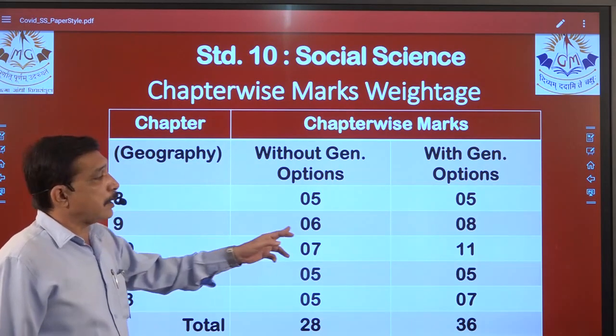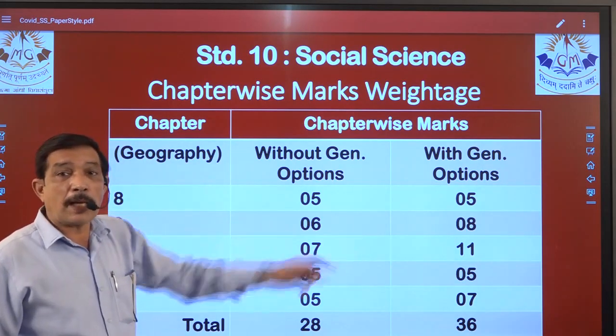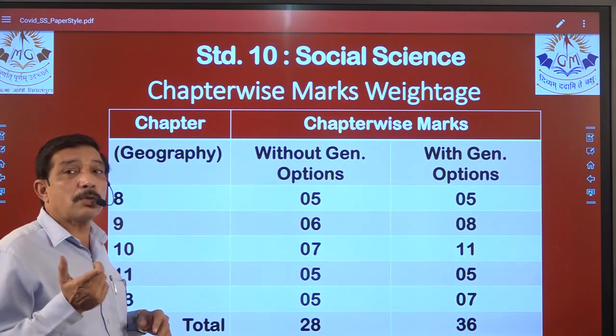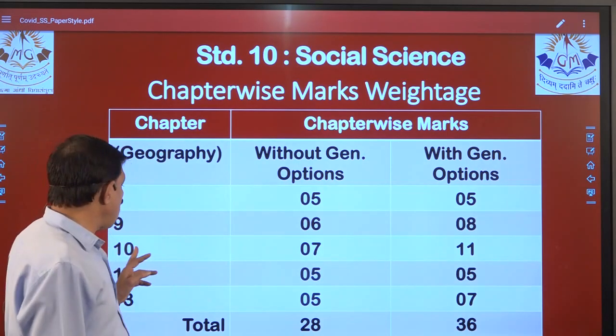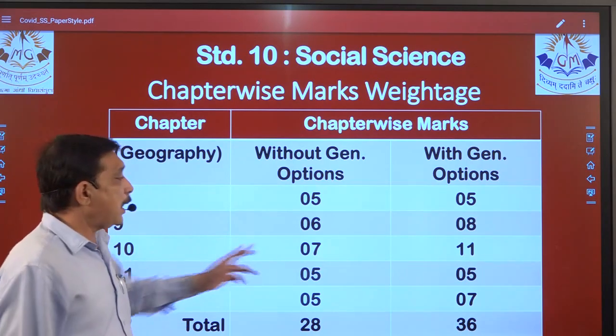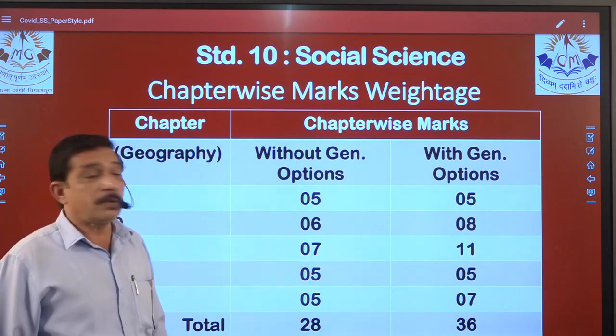Chapter 9 is there, 6 marks, but you have an option over there. That means we can prepare this chapter very well. We will have 2 questions, an additional question over there which we can score. Same way chapter number 10. Chapter number 10, agriculture, is quite lengthy and there are quite a lot of options, but most of these